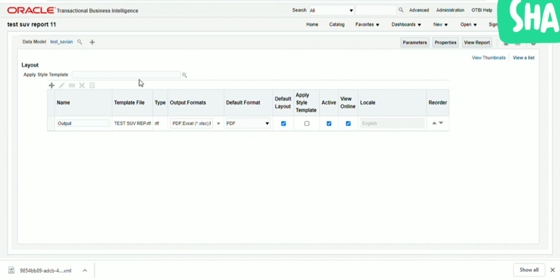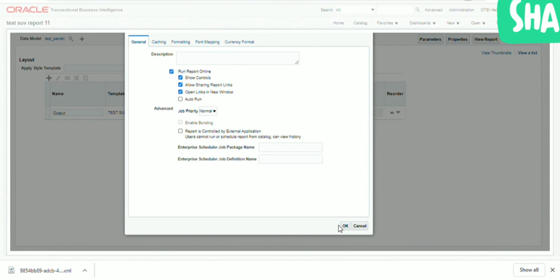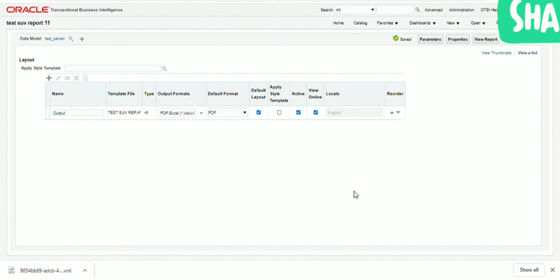Since we will have multiple filters, that is parameters, to restrict the amount of data, but since it will be an auto run property, we have to remove that property. So this is the auto run property. Just remove the checkbox from this property, then save it.